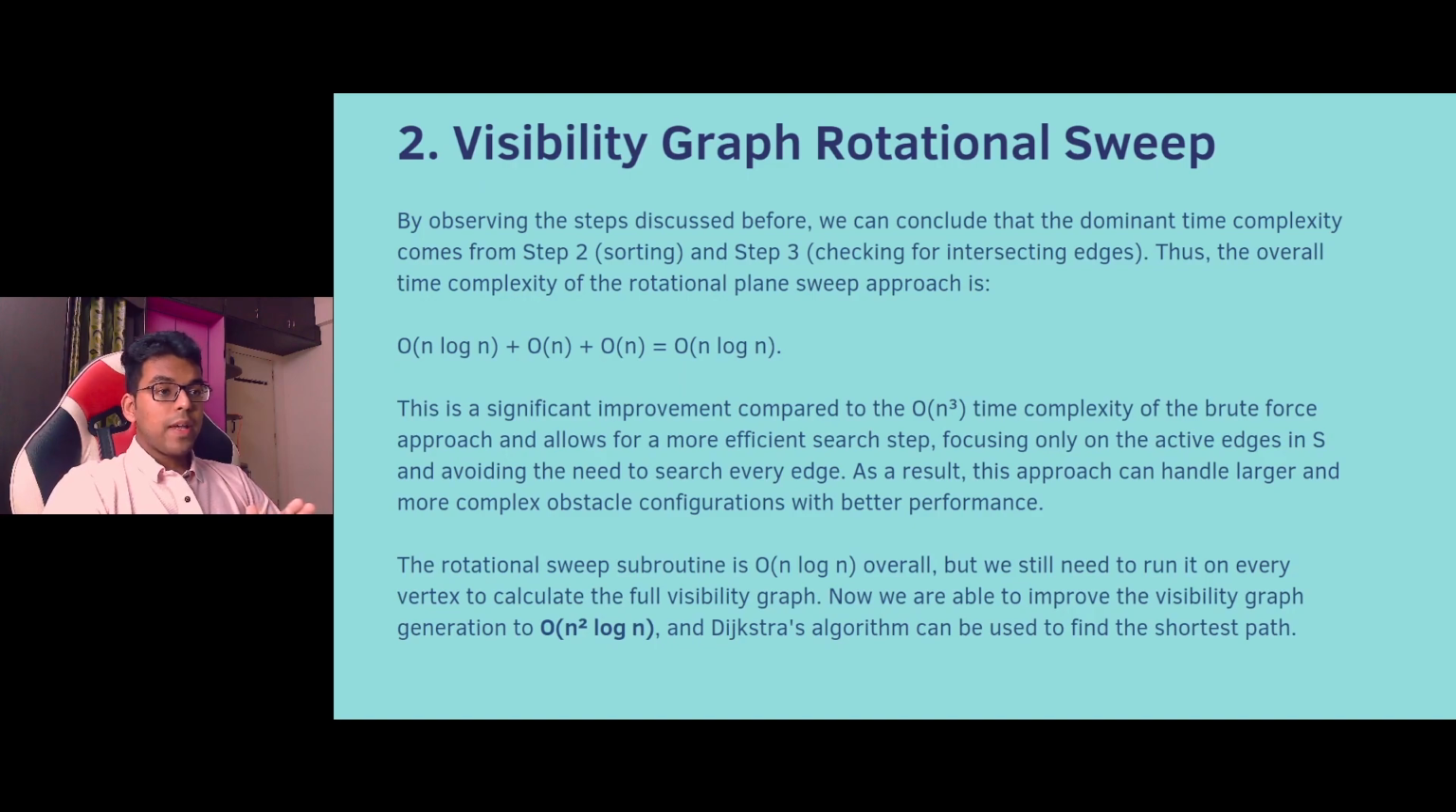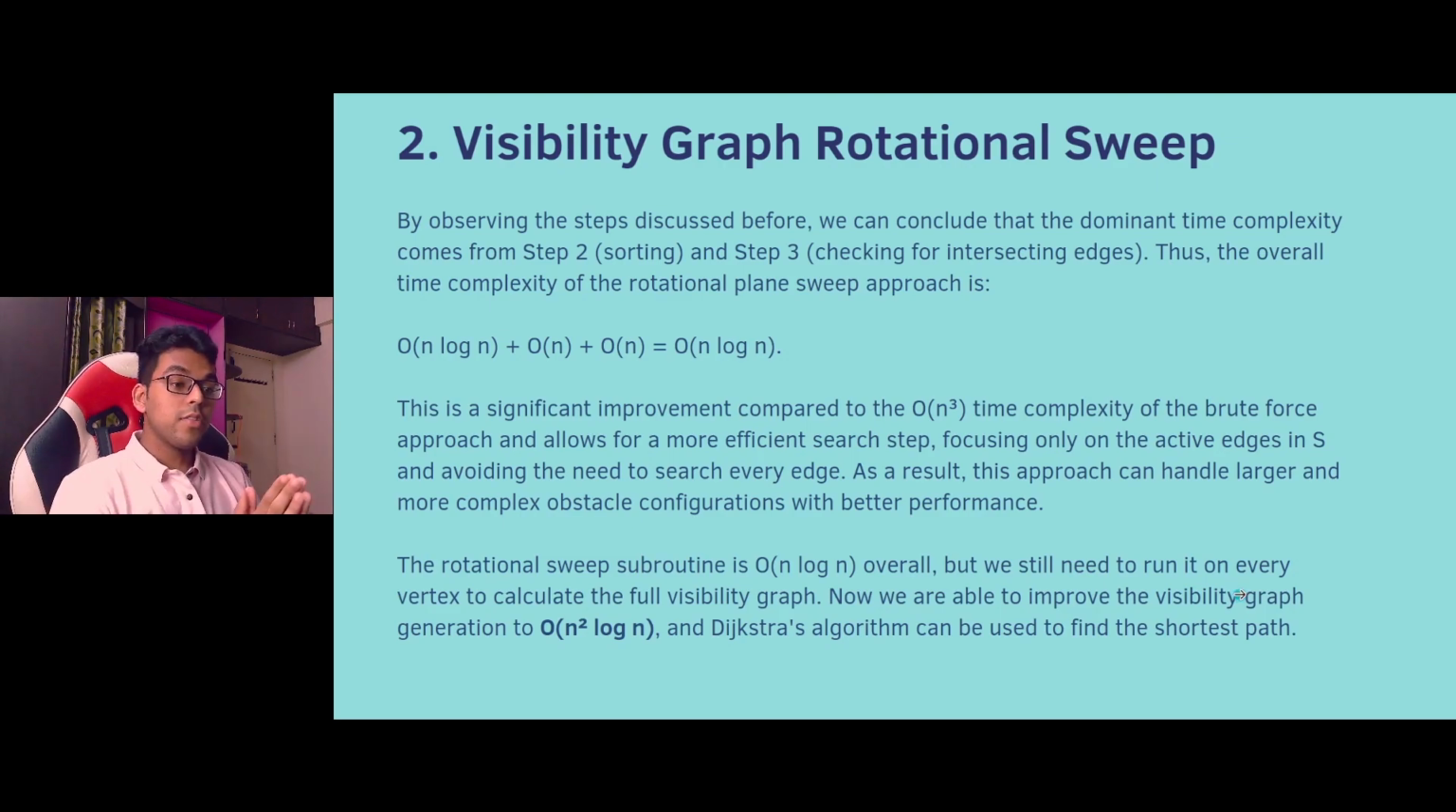Coming to the time and space analysis of the visibility graph rotational sweep, we can observe that the sorting step takes O(n log n) time, and checking for intersecting edges takes O(n) time. By ignoring the lower order terms and considering the higher power terms, it leads to a grand complexity of O(n log n). This is a significant improvement compared to the O(n³) time complexity of the brute force approach, and the rotational sweep algorithm provides a more efficient search step, focusing only on the active edges in